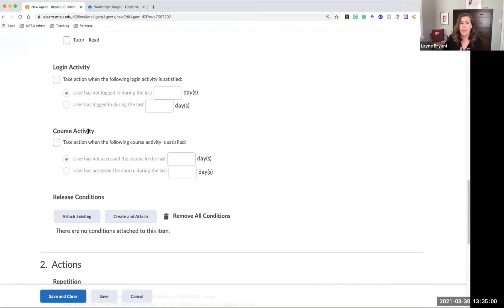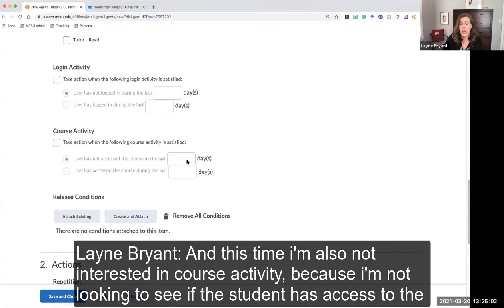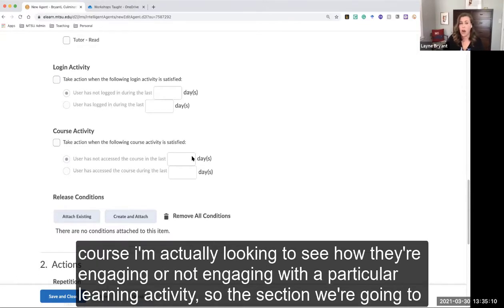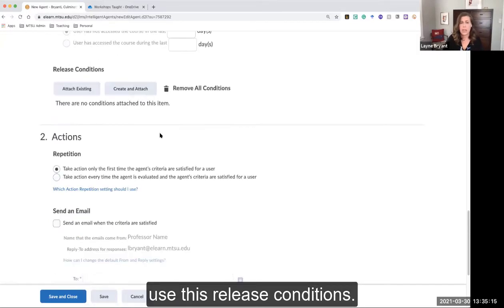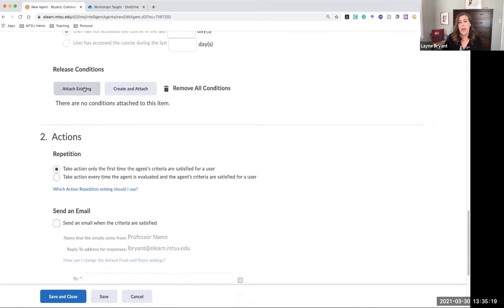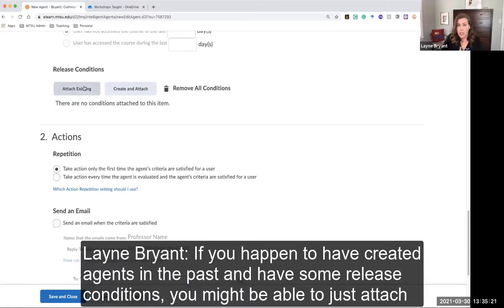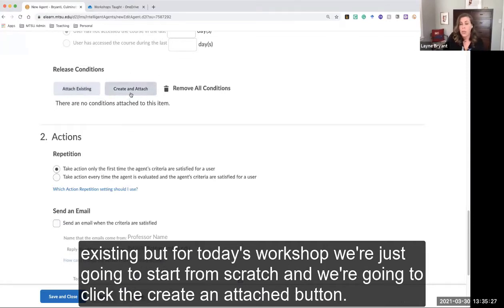elearn@mtsu.edu. And this time, I'm also not interested in course activity because I'm not looking to see if the student has accessed the course. I'm actually looking to see how they are engaging or not engaging with a particular learning activity. So the section we're going to use is release conditions. If you happen to have created agents in the past and have some release conditions, you might be able to just attach existing. But for today's workshop, we're just going to start from scratch